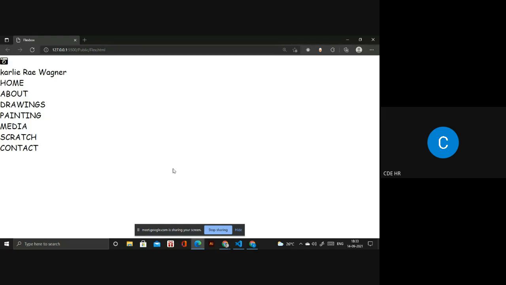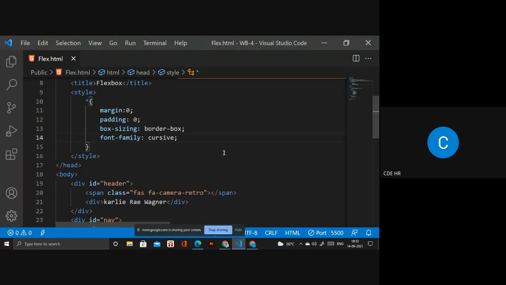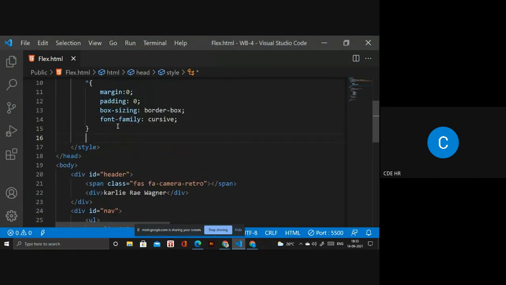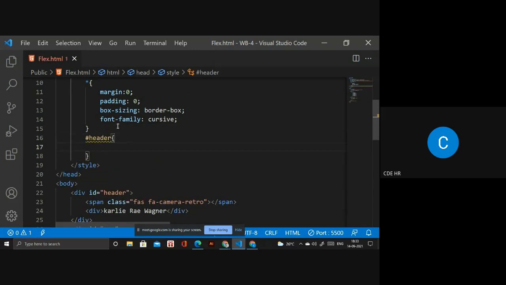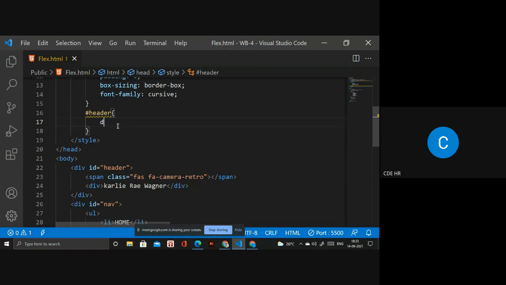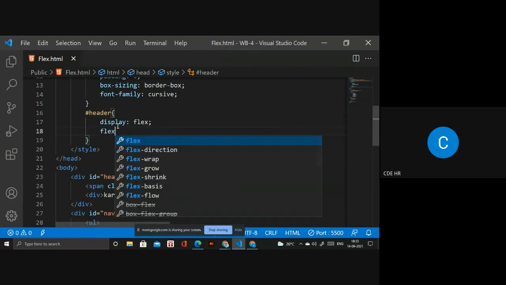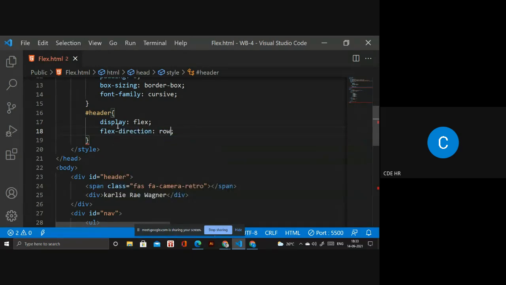Okay. Next, we have to do some designing. Great. Now, let's see. So at first, we have to design that header part. So I will give you a header. Header is my ID. Inside, I need display flex, and the direction will be row.